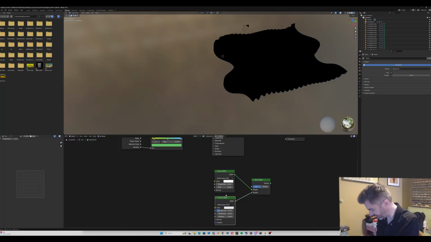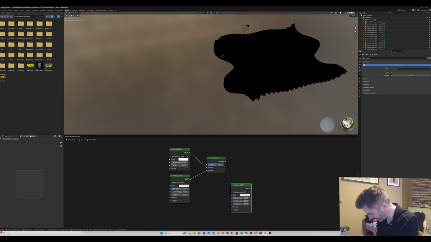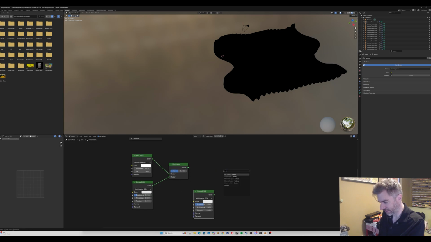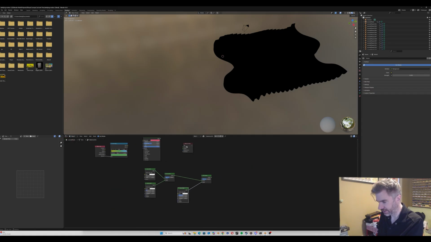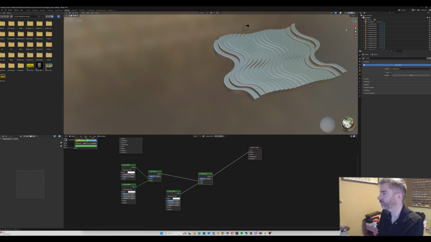And then we need to make another glossy BSDF, so we'll just duplicate that. And let's try a roughness of 0.5. We're going to play around with all of these values. And then create another Mix Shader here. Connect these two together. And then this now needs to be connected to